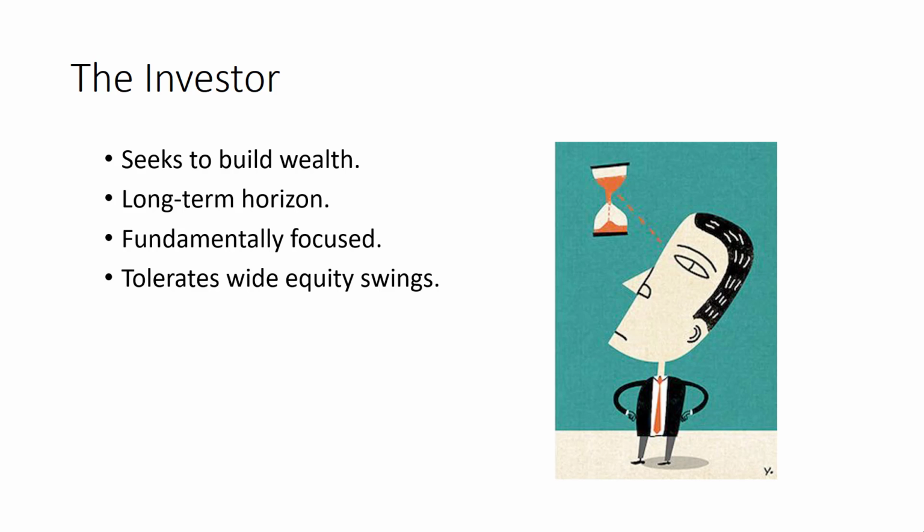Now, I said 10 years, right? This is because an investor is going to tolerate some pretty wide equity swings. So you could buy Apple at $120 a share and see Apple go back down to $90 a share and not worry about it if you're an investor, because you believe in the company, you believed in the company's earnings potential, and over time you believe it's going to come back and it's going to make a big move to the upside for you. This is very different than the way that a trader would approach things, and we'll get into that in a second.